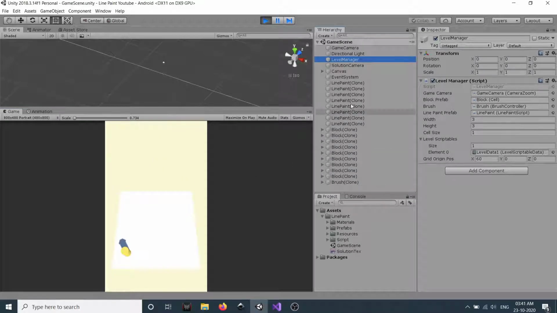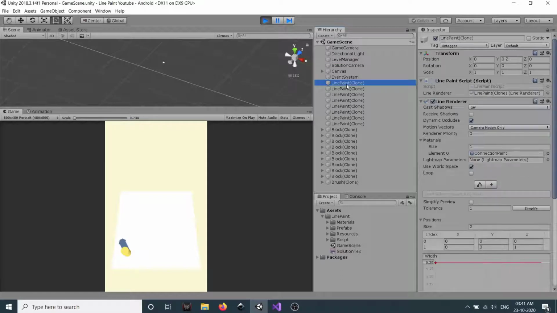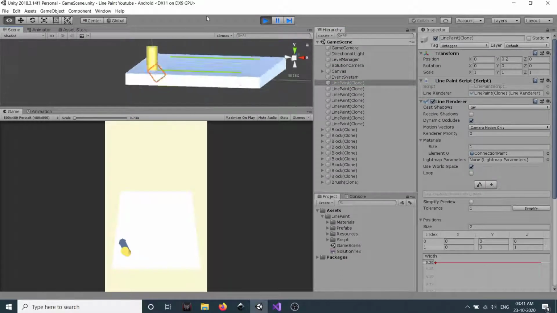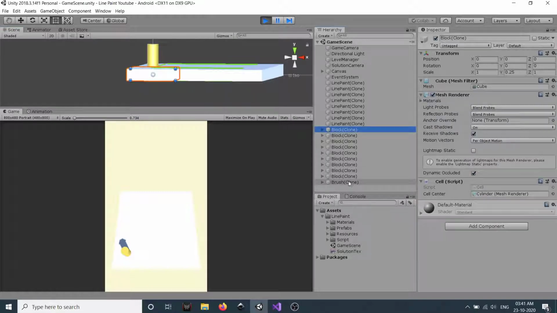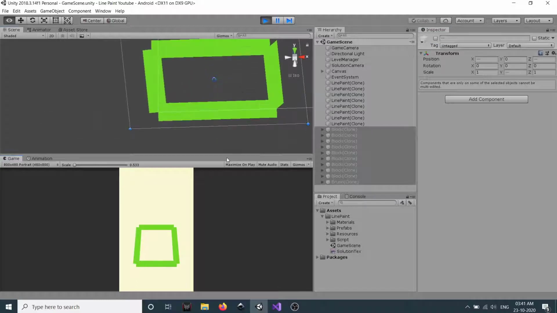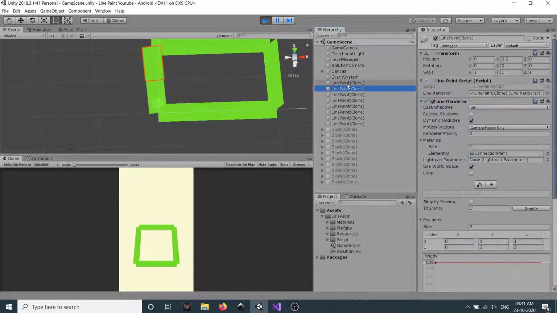Okay, I don't think we are creating it. Okay, let me just deactivate this and see. Okay, we have created it, but I don't know why it is here. Okay, so you can see here the x is 0 and even this position is 0. Okay, we don't want that.